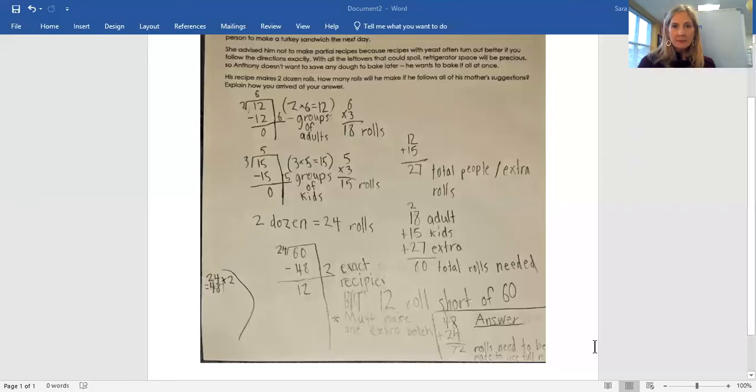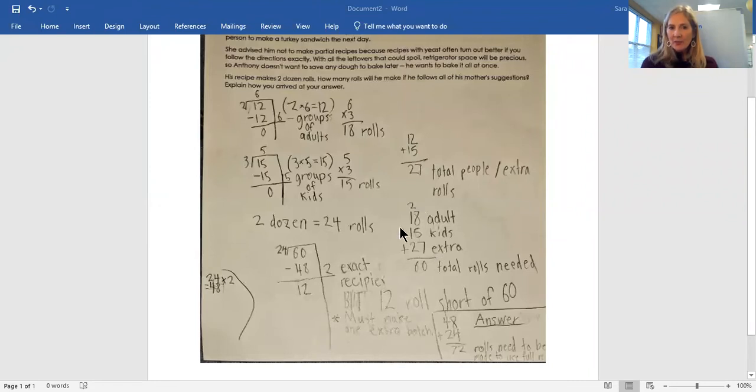Another one of your classmates' work looked like this. So I see this student used a lot of labels, didn't they? If I follow along really carefully, I almost can imagine this person talking to themselves and walking themselves through the problem, probably referring back a lot to the problem to make sure that they were keeping it straight, finding out how many rolls 2 dozen was, right? We had to find that out. We didn't maybe know right off the top of our head,